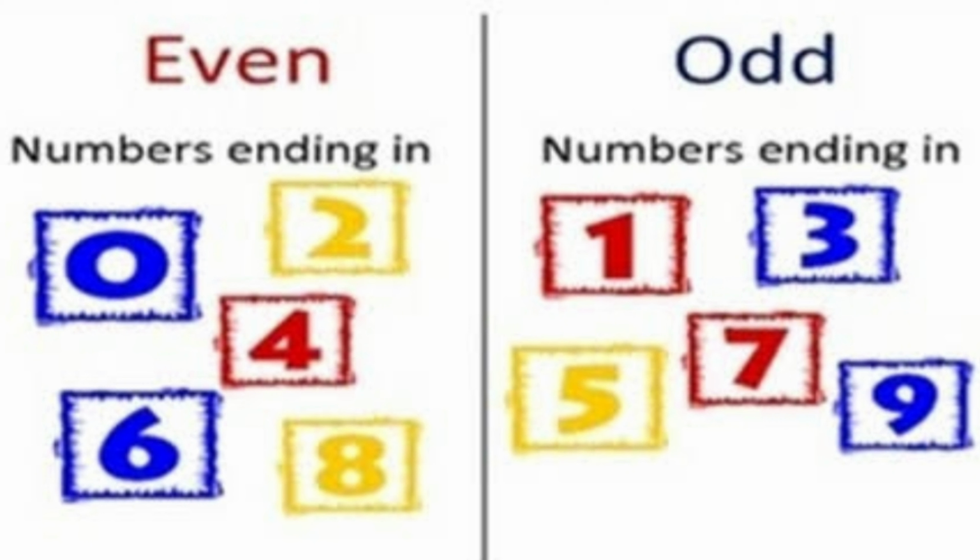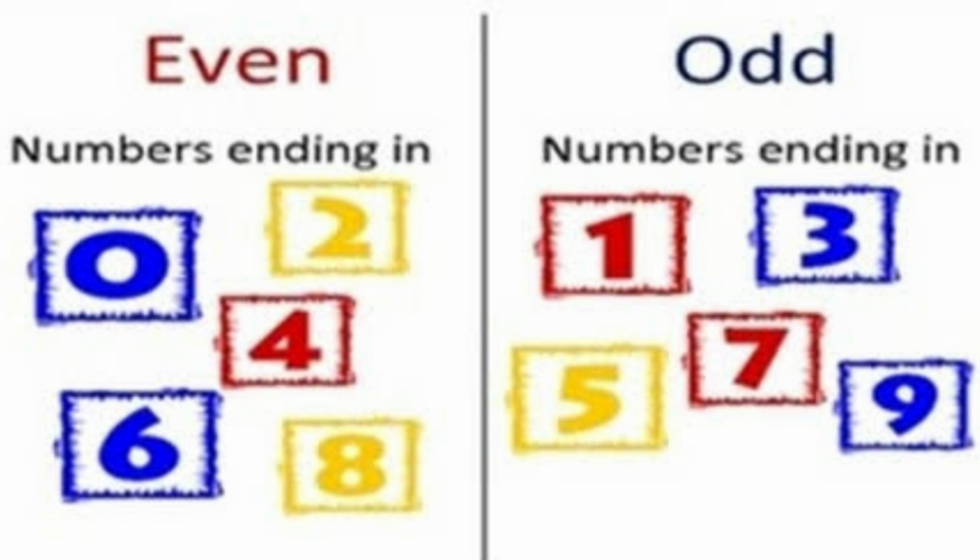Let's quickly have a look at even and odd numbers. Even numbers are those ending with 0, 2, 4, 6, 8. And odd numbers are those ending in 1, 3, 5, 7, 9. Or in short you can say numbers completely divisible by 2 are even numbers, and numbers not divisible by 2 are odd numbers. In short, it is about the last digit of any number. If we have a bigger number like 1034 ending with 4, it is an even number. So got it, students, these are even and odd numbers.